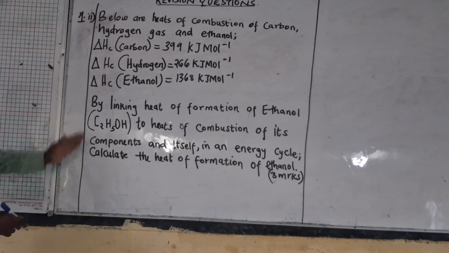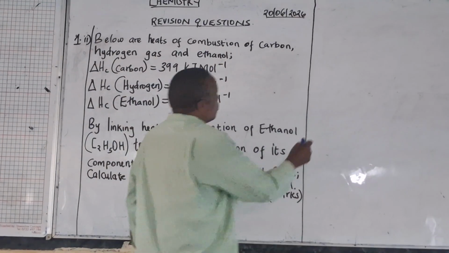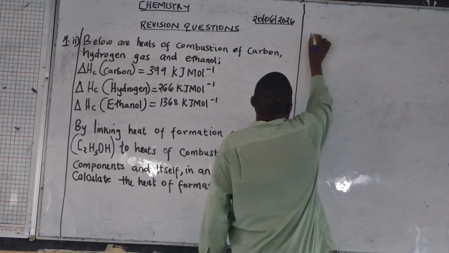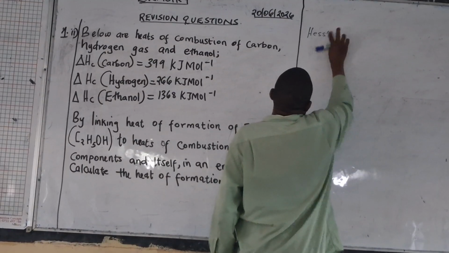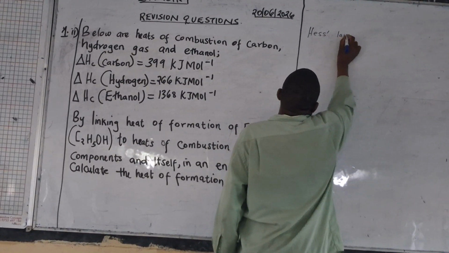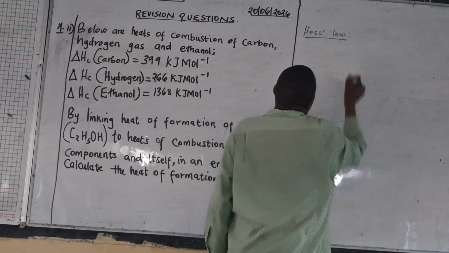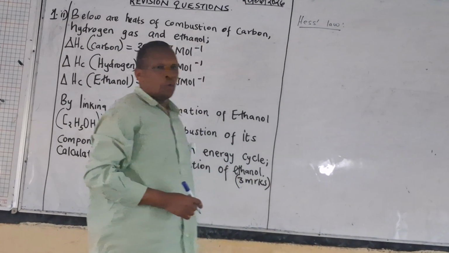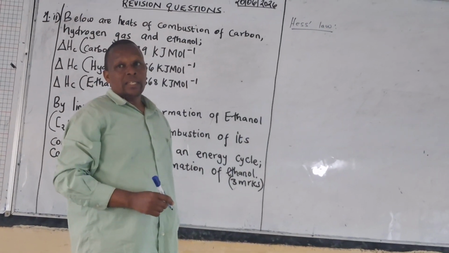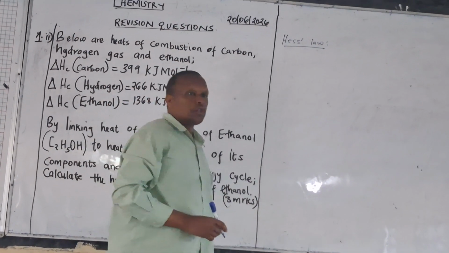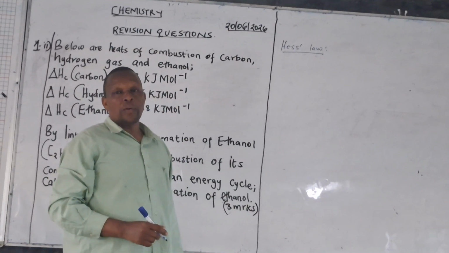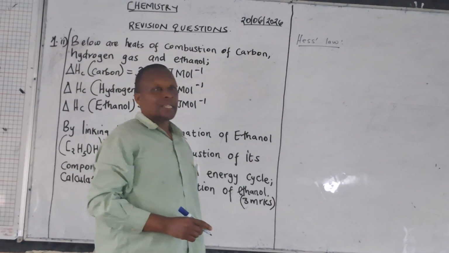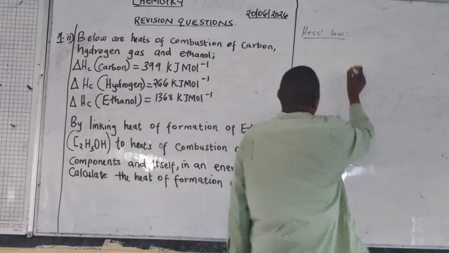So before we go to heat of formation of ethanol, we need to understand that this question is coming from Hess's law. What does this law state? According to Hess's law, the energy change for converting reactants into products is the same, regardless of the route by which the change has taken place. So we write that as